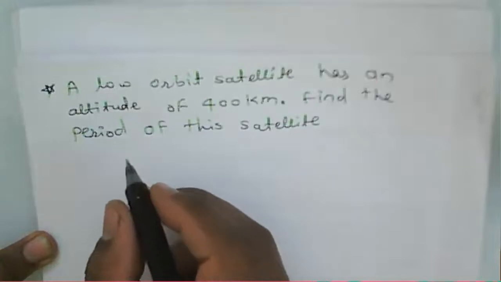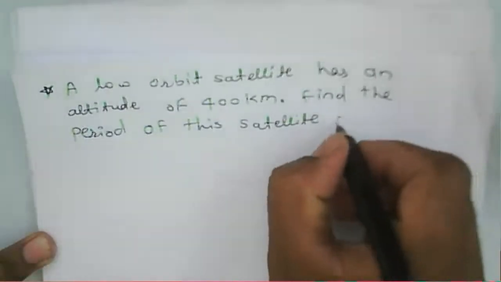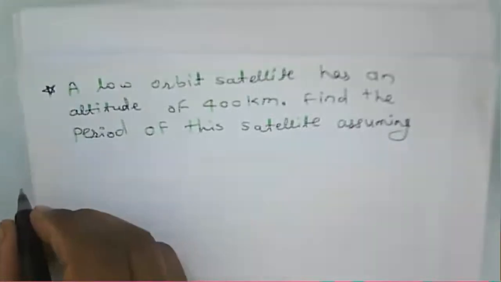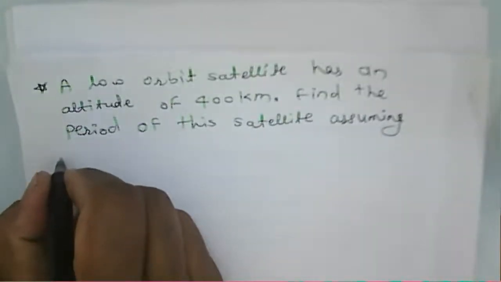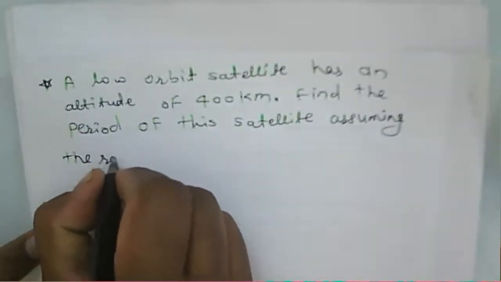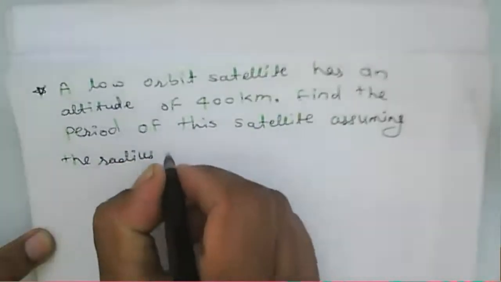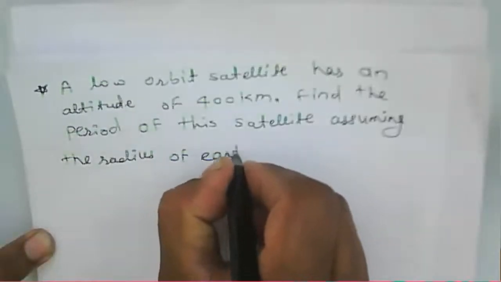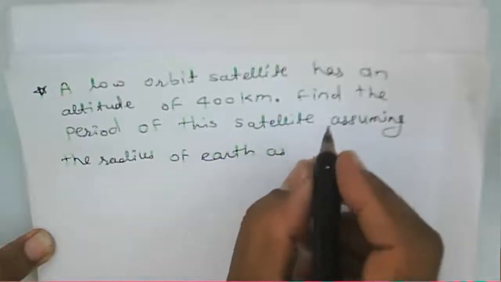Find the period of the satellite, assuming the radius of Earth as